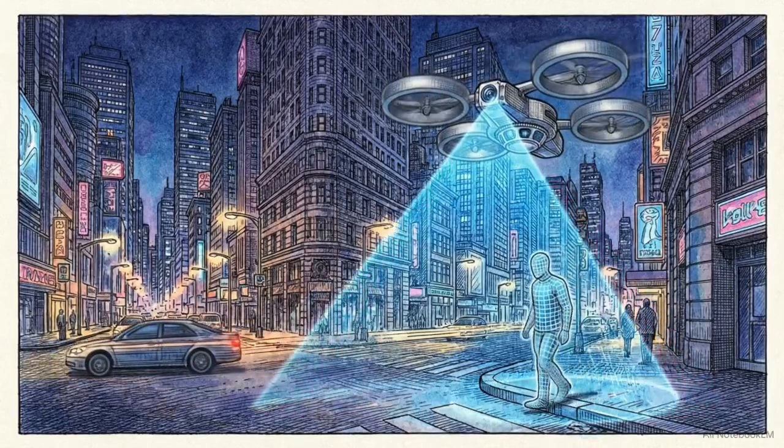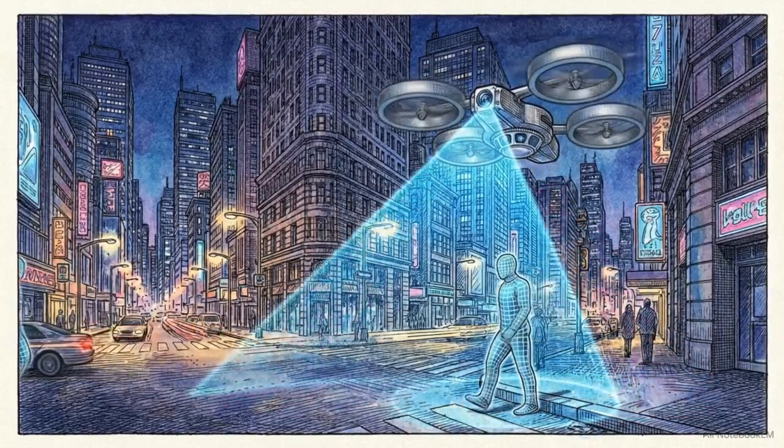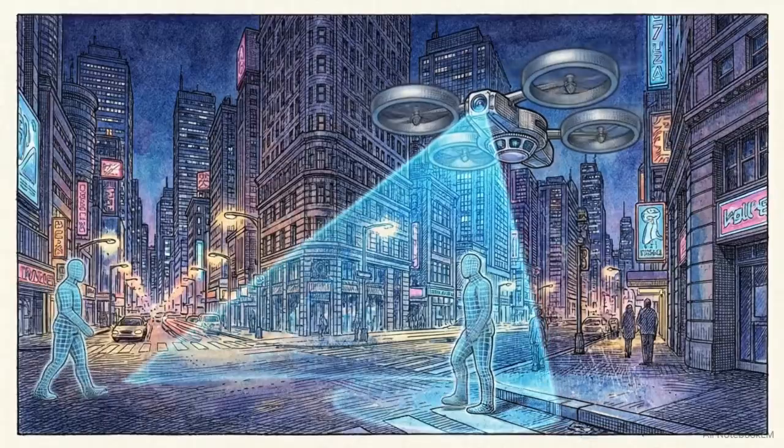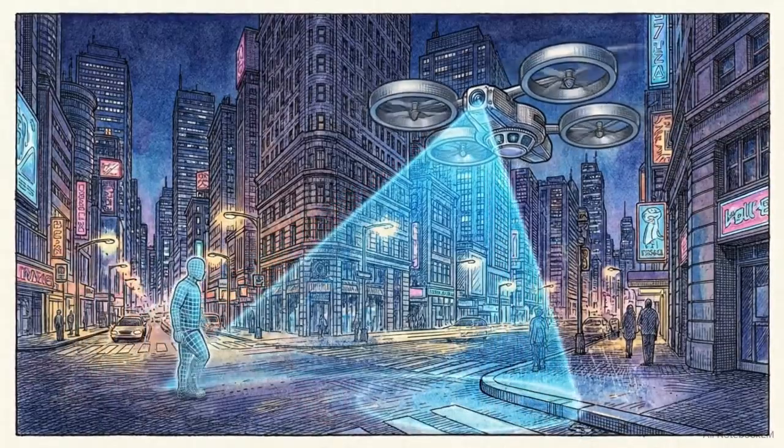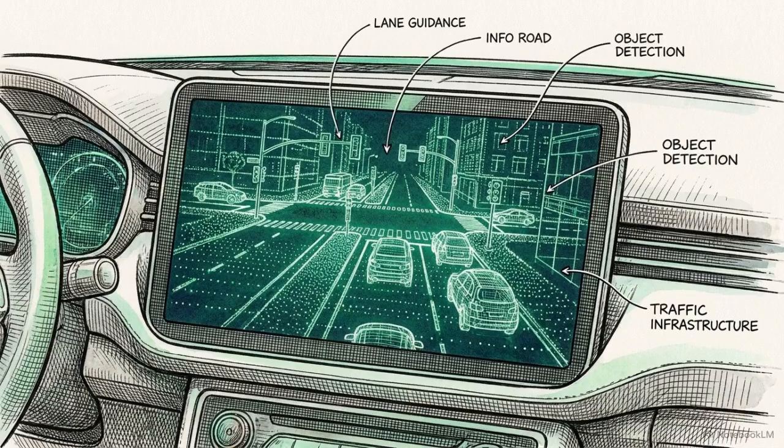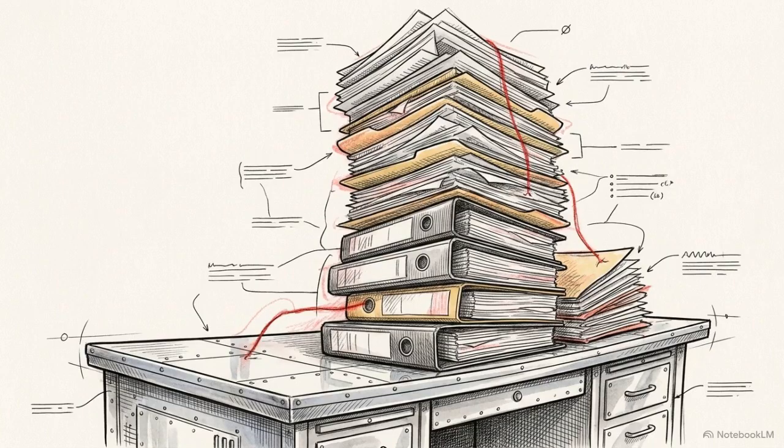We are engineering cyber-physical systems that integrate thousands of sensors and millisecond decision loops. To navigate a rain-slicked city street, an autonomous vehicle must process millions of data points every second just to maintain its lane. Yet the methods used to verify the safety of these machines often rely on manual, document-based tools from